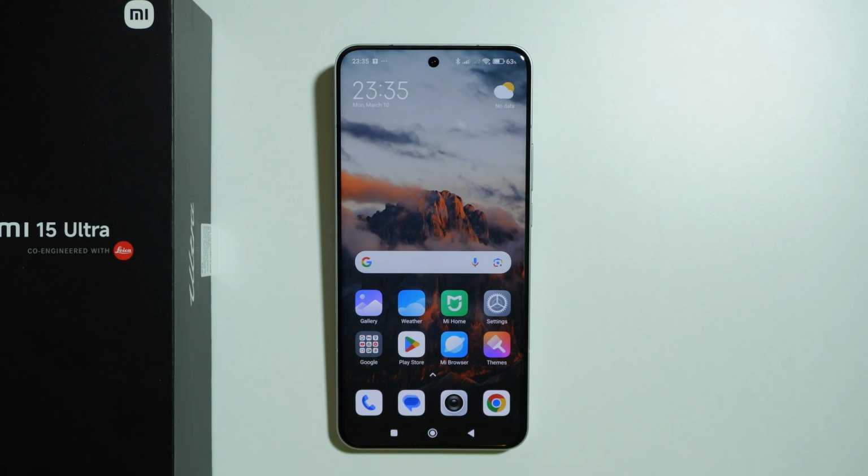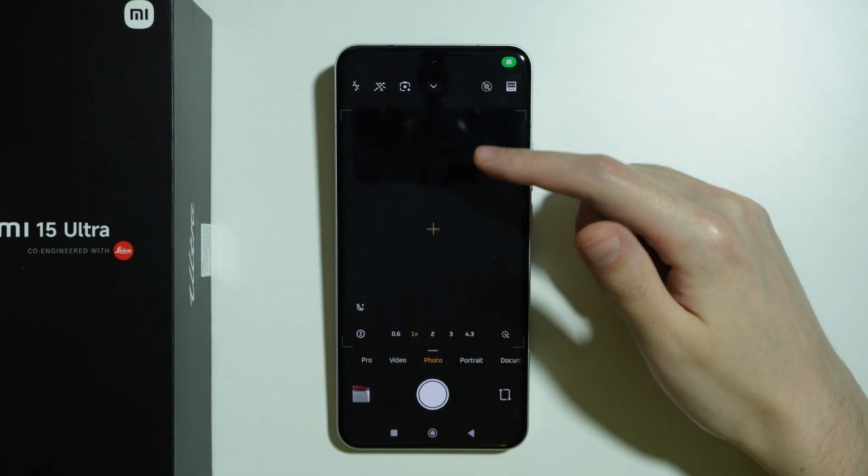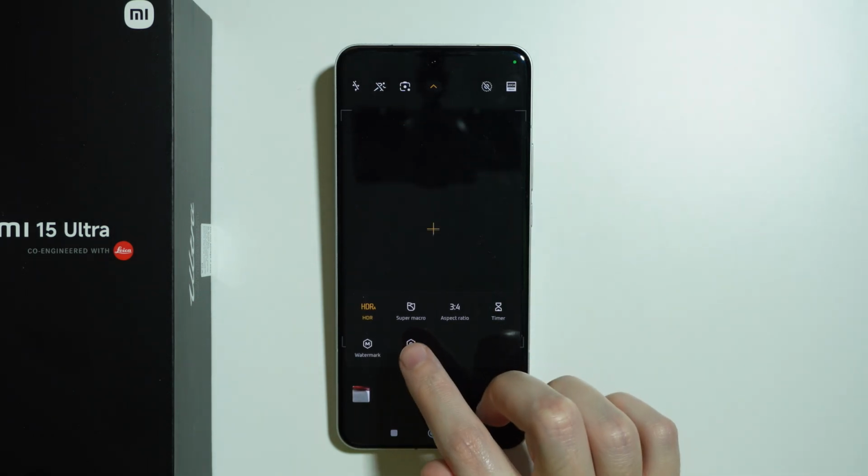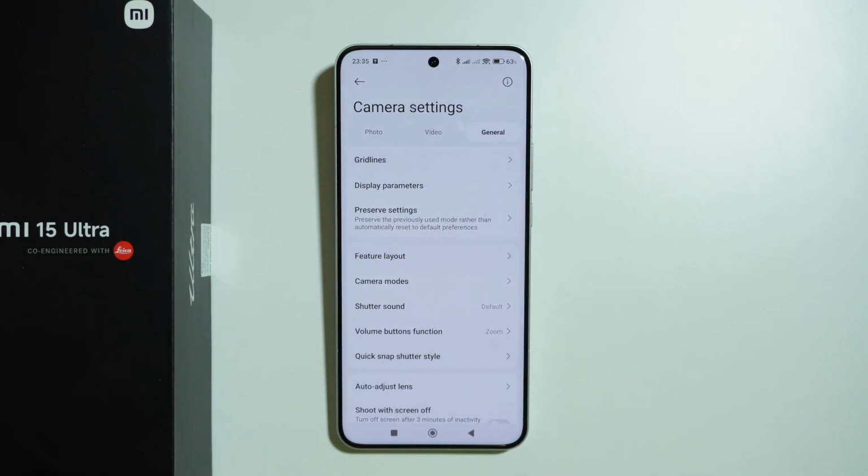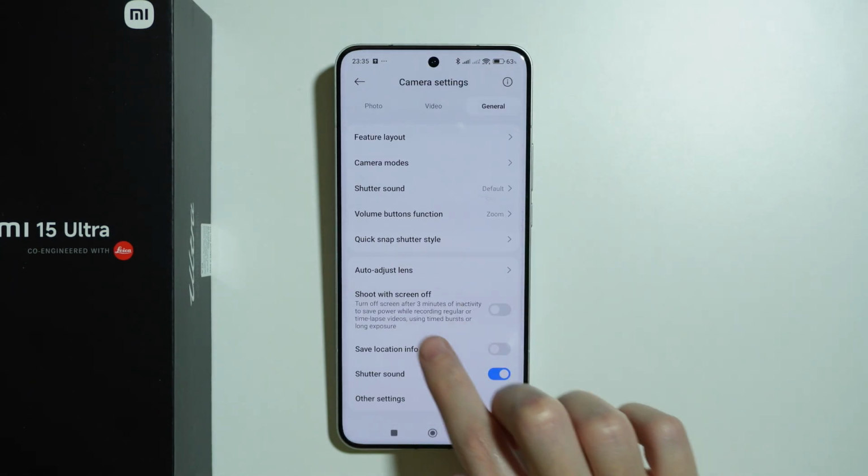In order to turn on or off saving locations for photos and videos on Xiaomi 15 Ultra, we need to go to the camera. Then here we need to scroll down and then we want to go to settings. In the camera settings, we can go to general, and then if you scroll down, you will find save location